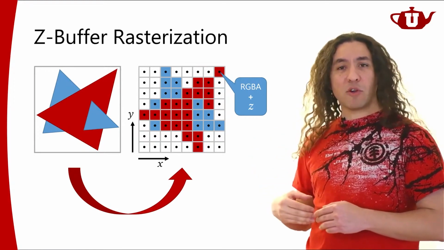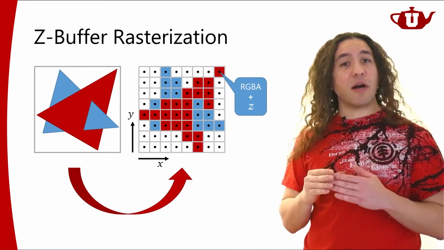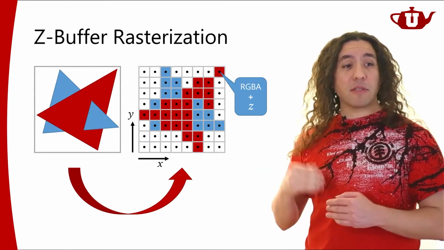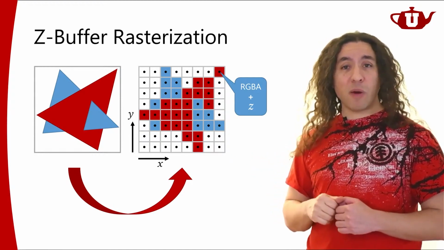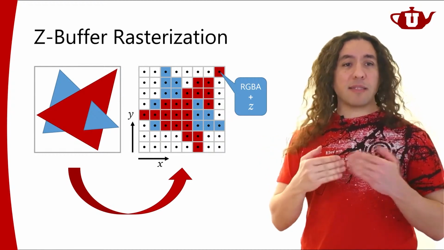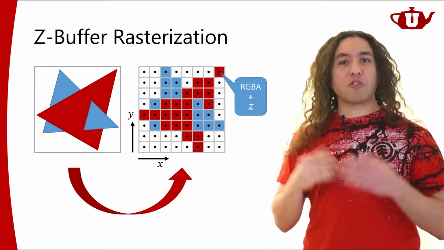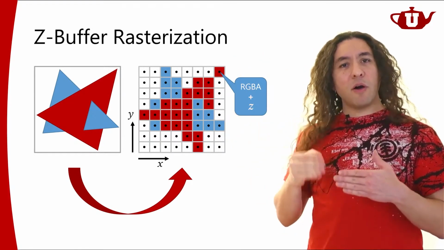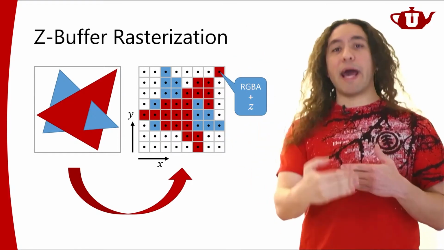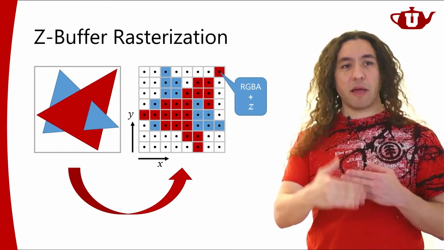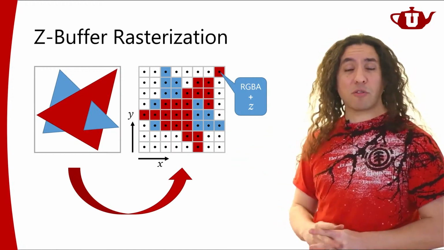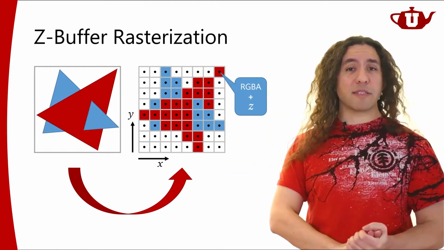Whenever you draw a triangle and figure out where that triangle lands on this raster image, it is figuring out the Z coordinate for each pixel as well. And with that Z coordinate, it can tell which triangle is in front: the triangle I drew before, that is in the Z-buffer, or the triangle that I'm drawing now. For each pixel, it will figure that out. And with that, it's able to solve this problem of triangles intersecting with each other.